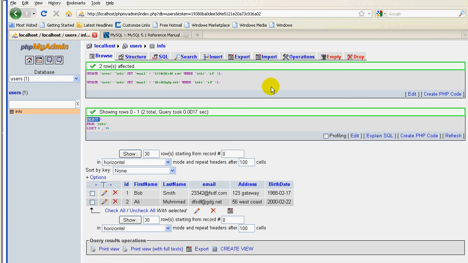So what else I want to show you here? I want to show you now, say you have a big table, many users. It's always a good idea to do a backup of your data. So if you lost the data, or your server got damaged, or got fire, or something happened, you always must have a backup of your databases. So in order to do that, you will go to export here,